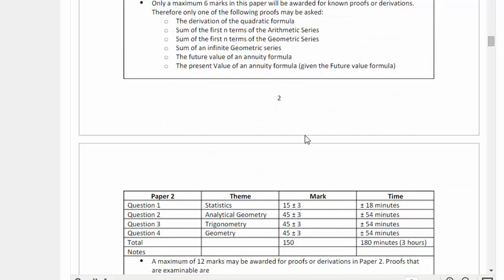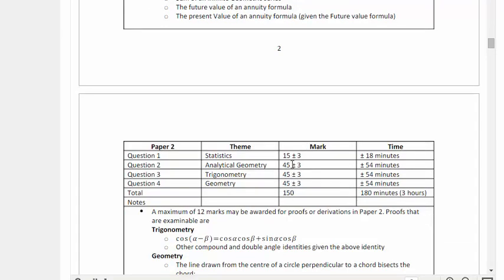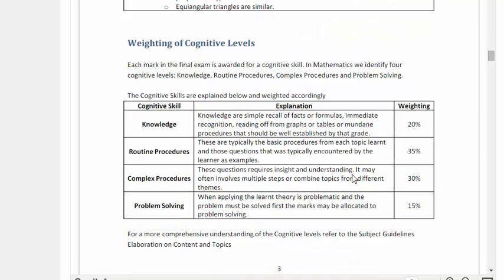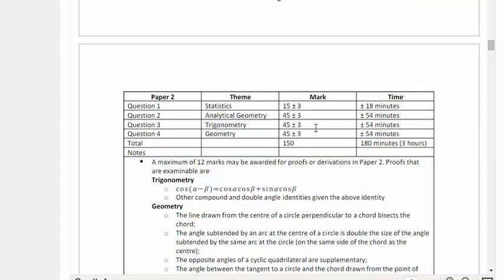So you can see for geometry, trig, and analytic geometry, they take up the biggest portion of your exam, which I don't think is fair. I must be 100% honest with you. I think you spend so little time on geometry in school compared to how much it actually counts in the exam, and I'm actually pushing that they change. I don't know if I've got that ability, but anyway, this is what it's going to be like for you guys.